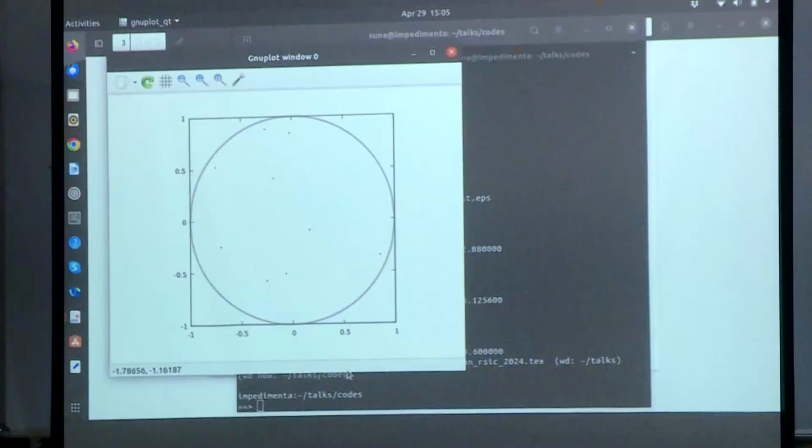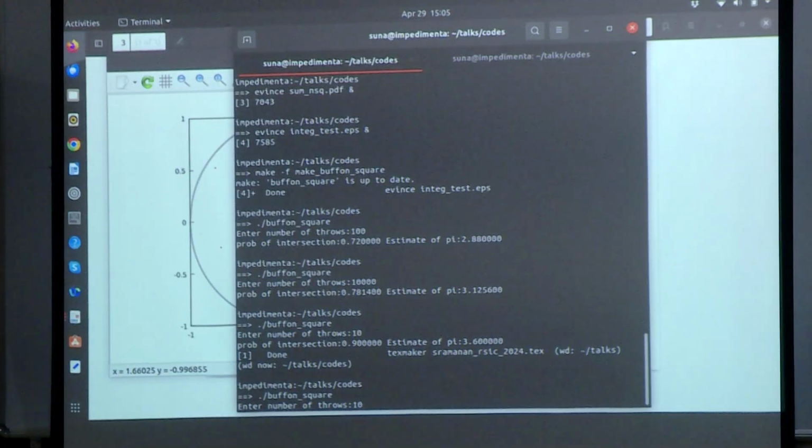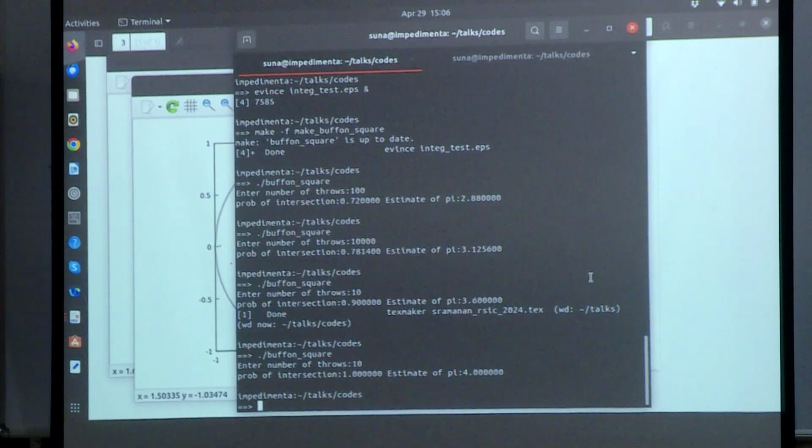You see, you have thrown 10 darts. Many have landed inside, 1 or 2 have landed outside. In fact, 2 have landed outside. Let's see the estimation for pi. I get pi correct to the first decimal place, but that's just chance. Let's do the same 10 again. If I have done my random number correct, there. Many have fallen inside, some have fallen outside, but it's not well distributed. Therefore, I get an estimate as 4.